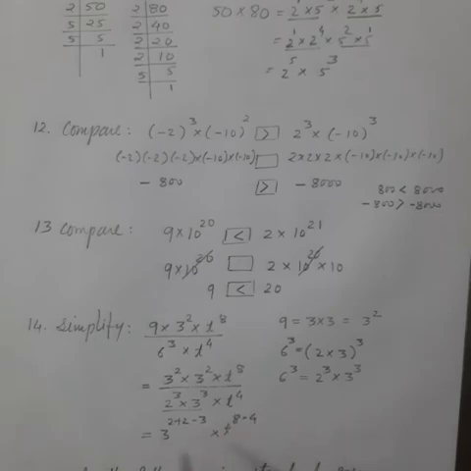8 minus 4 divided by this 2 cube. 2 cube means 2 into 2 into 2. Base 3. 2 plus 2 is 4. 4 minus 3 is 1, so 3 to the power 1. Power is 8 minus 4, fourth power. And divided by 2 twos are 4, 4 twos are 8. That means 3 raised to the power 4 by 8.